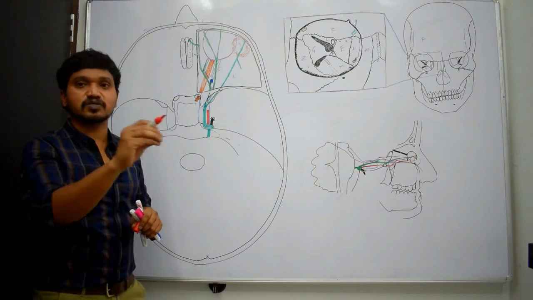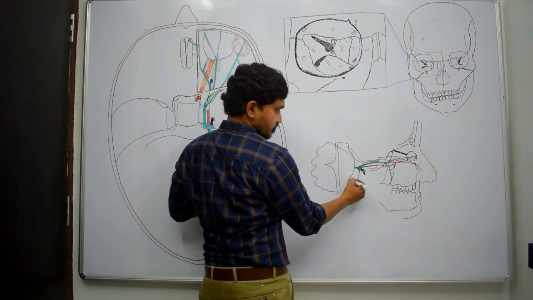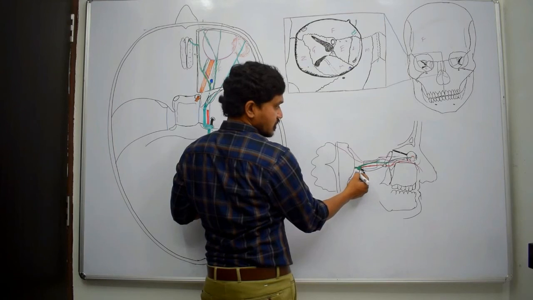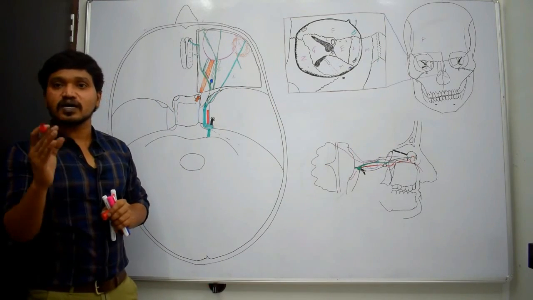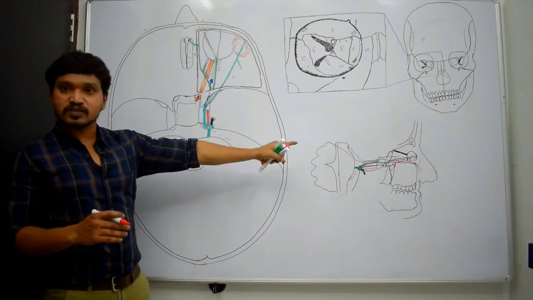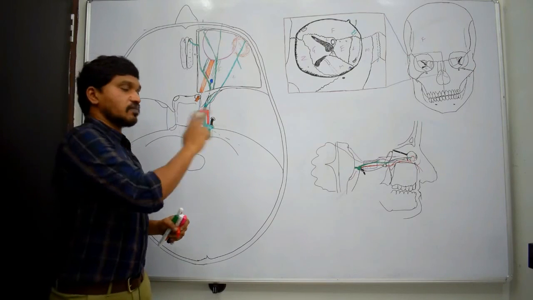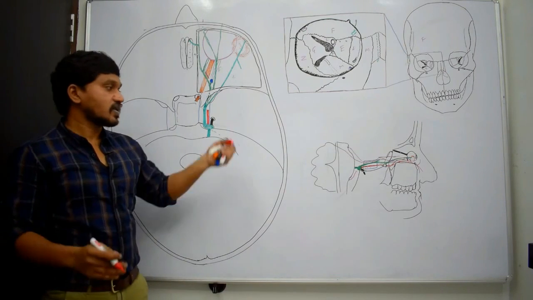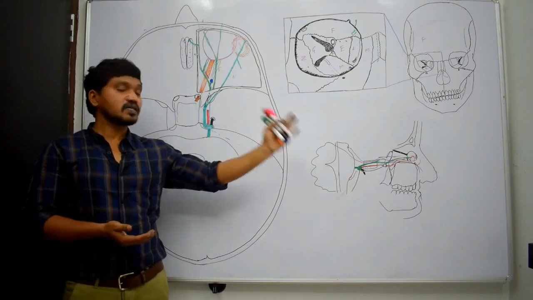That means it will supply the superior oblique muscle. That's it. Then the 6th cranial nerve. This is the 6th cranial nerve. This 6th cranial nerve passes through the cavernous sinus just below the internal carotid artery. Then it passes through the central part of the superior orbital fissure and reaches the orbit, and it crosses laterally in the orbit. It will supply the lateral rectus muscle. That is about the 6th cranial nerve. These are the nerves which are present in